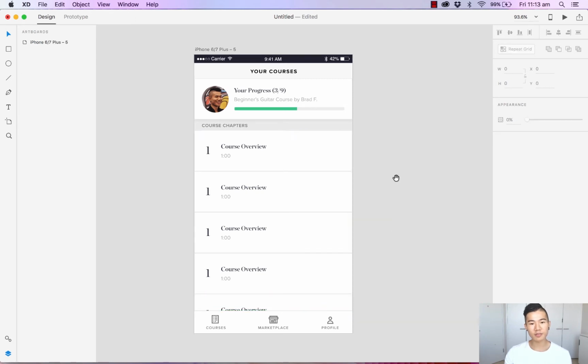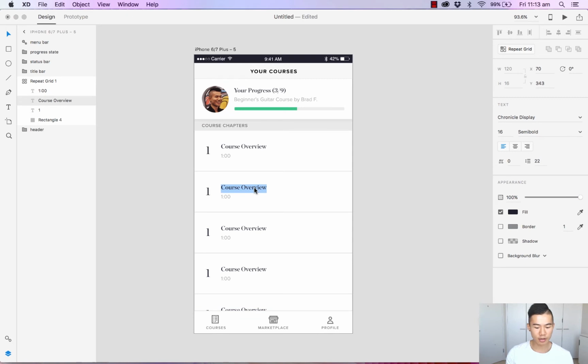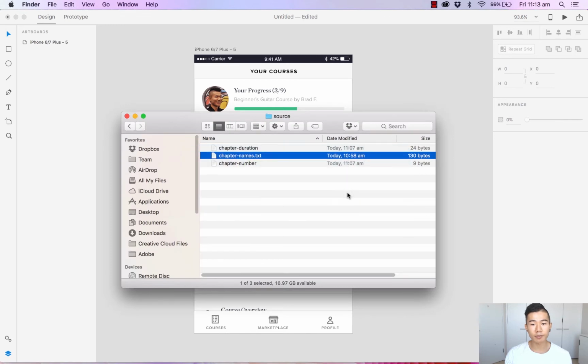So a list has been created, and we now want to throw some custom data into these labels. So one way is we can actually jump right in and rename them manually. Guitar challenge. Or what we can do is, if we have an extensive list, we can create a plain text